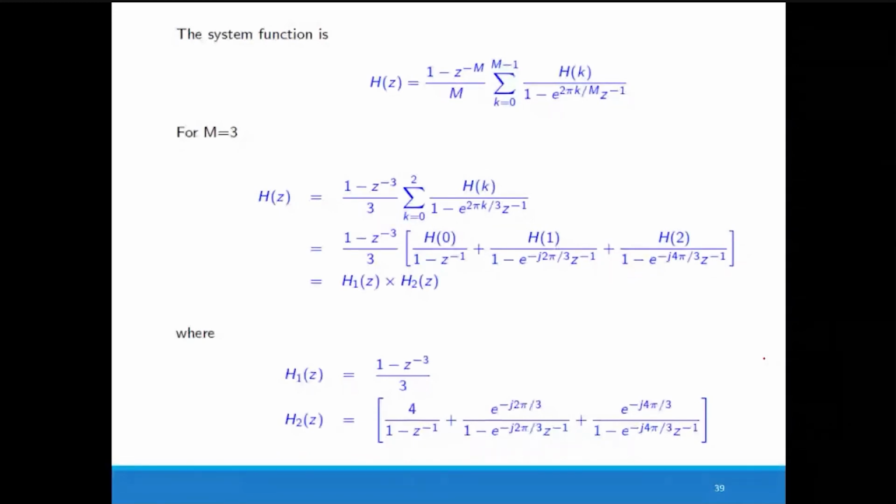What is the query? Just a second. Jinendra, sir, from where did we get the system function? Which system function, Jinendra, are you asking? Please unmute and ask. Sir, the one written at the top, the system function is.